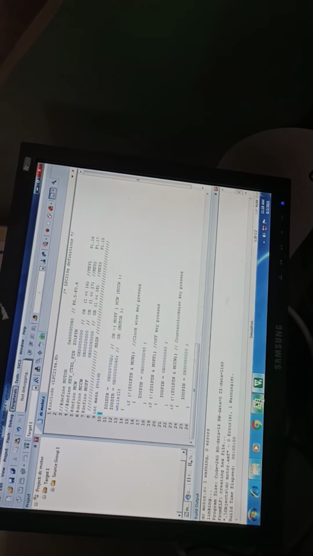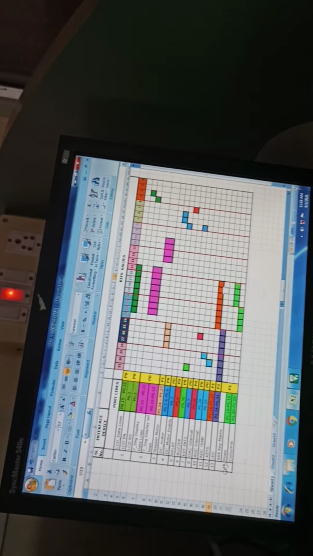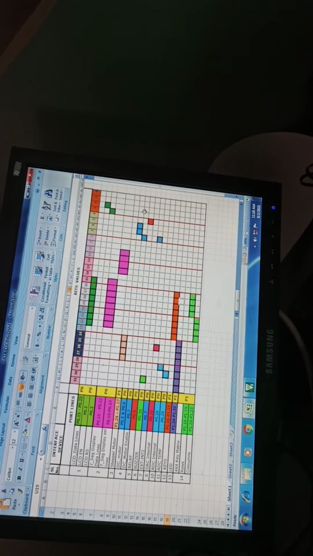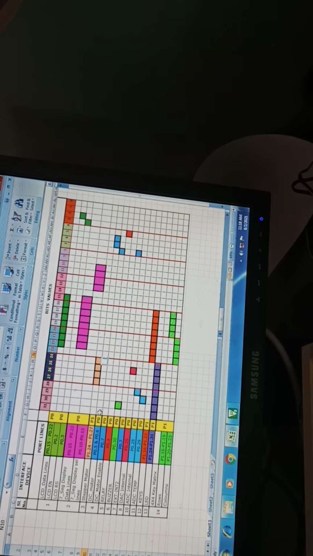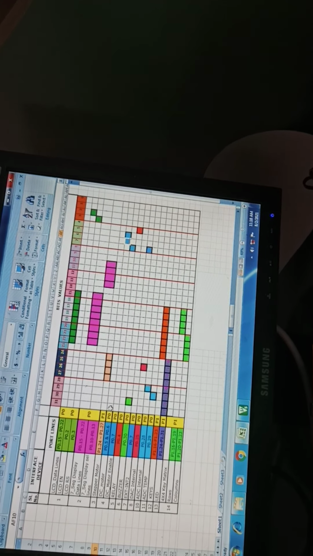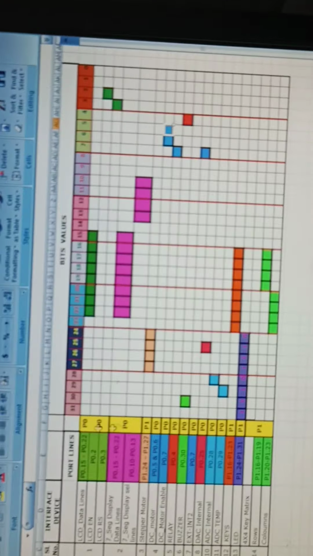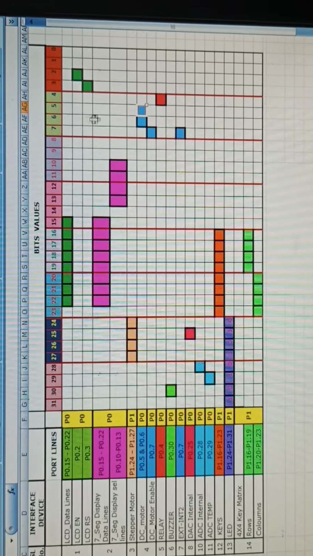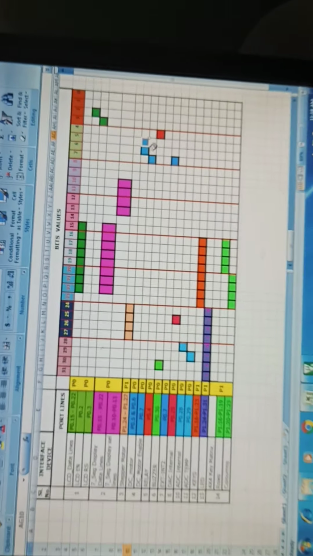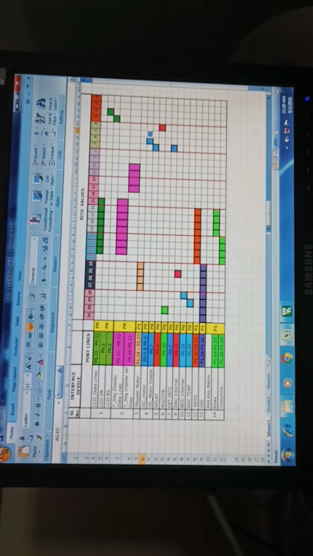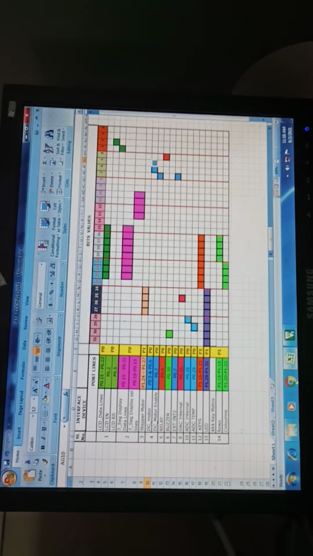I am going to show it in the chart. See, this is the DC motor, the pin numbers 5 and 6. See here, the pin numbers 5 and 6. See, this is pin number 5 and this is pin number 6. When port pin numbers 5 and 6 are enabled, during that time our DC motor will be ready to execute the functions.